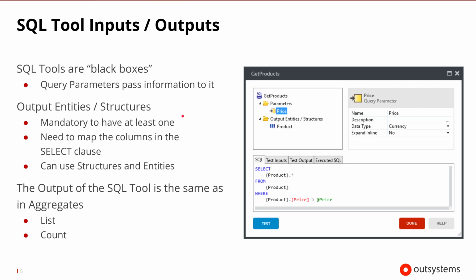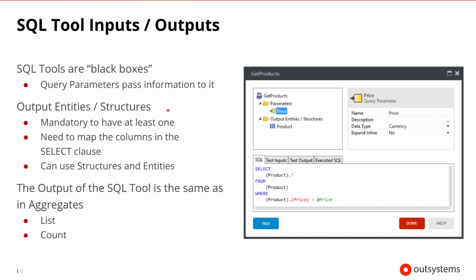So if we look at the SQL tool, and we mentioned that the SQL itself is what's going to do the work, if that SQL is thought of as a black box, then the input parameters will come in, and then it will run and do what it needs to do in the SQL, and then the output will come out. So we need to define what parameters will be coming in and what the output entity or structure is going to be. So for the output in the